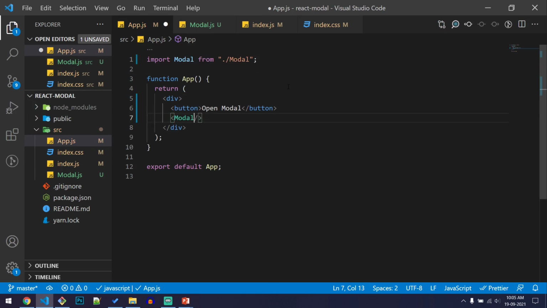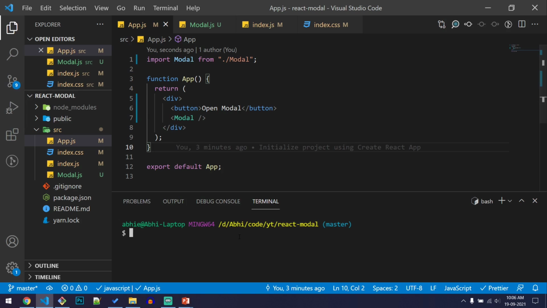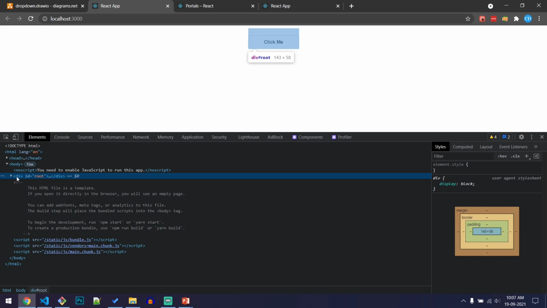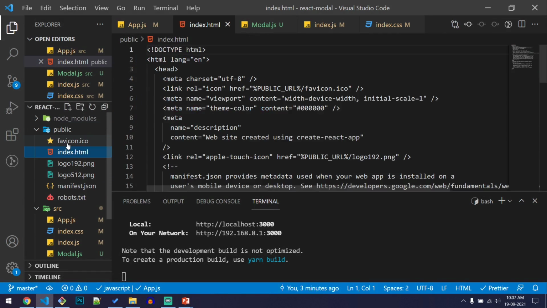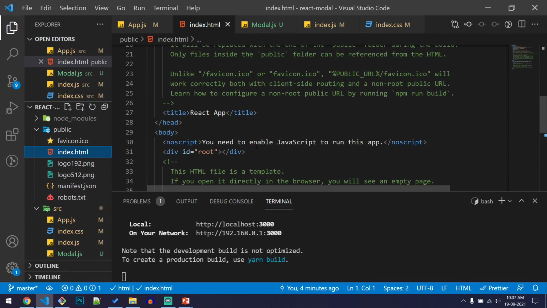Just import it. So now if you start the application and open the browser, you'll get this button and this is a modal text here. So what we'll be doing is we'll be moving it to the portal, and whenever this button is clicked, we'll be showing the modal. So as already explained earlier, we need to have another div here so that we can mount that modal. So let's go to public folder and open index.html, and let's create another div here,